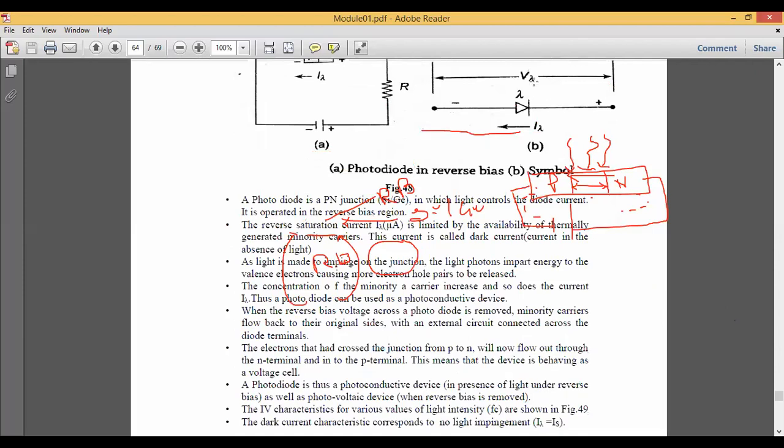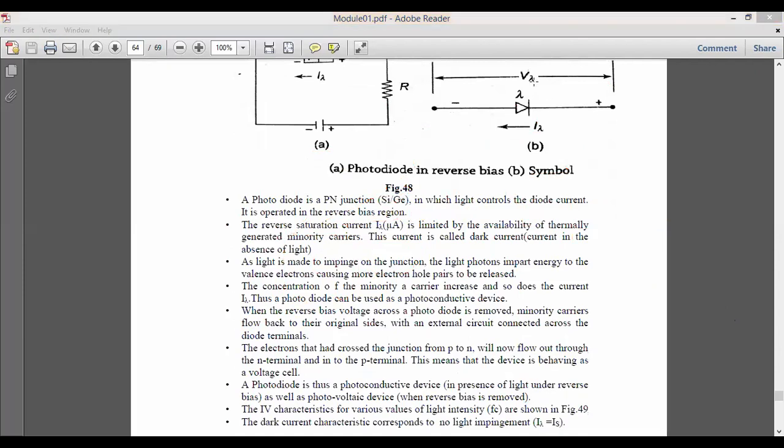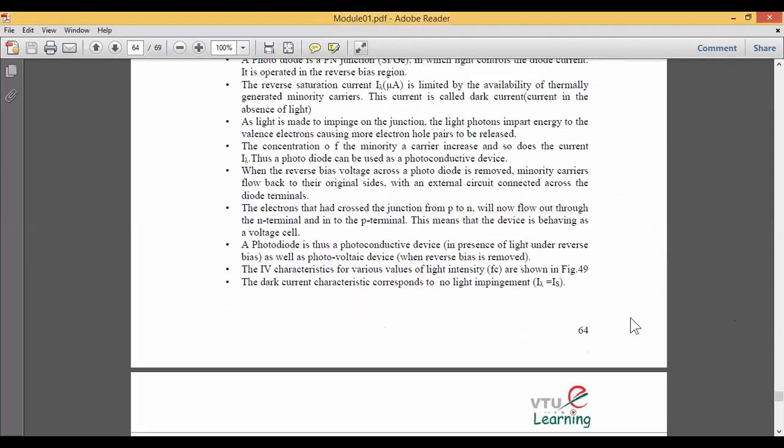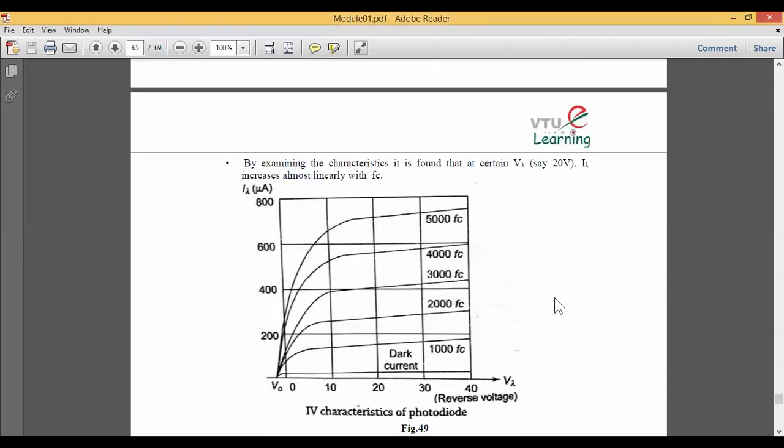When compared with an LED, it is different, or you can say it is completely the reverse of that diode. So photodiodes can be called photoconductive devices, but only in the presence of light. If you do not apply light, it is just equal to your normal p-n junction diode. Another name we can give is that it is a photovoltaic device.